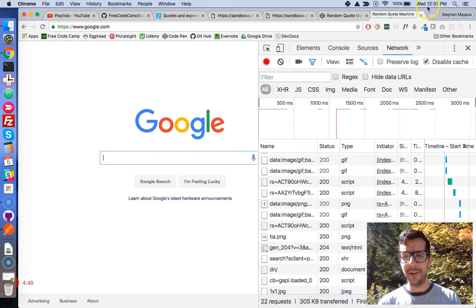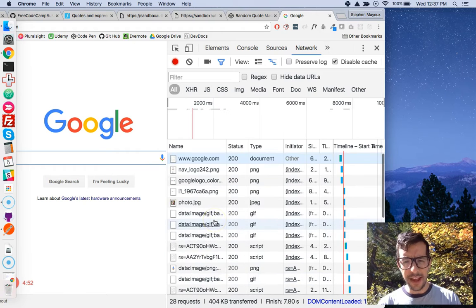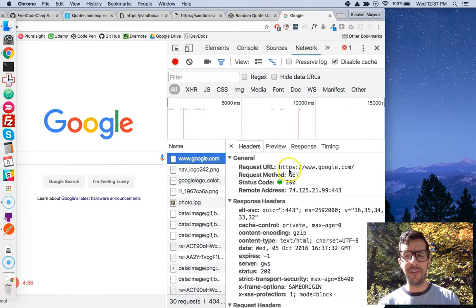That's a lot of requests just for this simple Google page. At the very top, we get the main page. This is the request URL, google.com. It is a GET request, and there are many different types of verbs. We'll get into that in a moment. The request and response was successful.